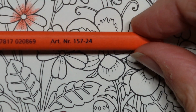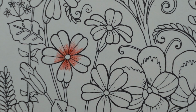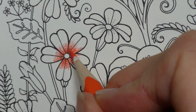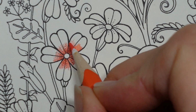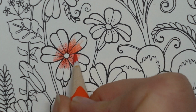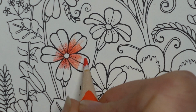So number 24 is the next orange in the box, in the tin. So I'm going to use this one next. I'm going to go over what I've done because I think it's a little bit dark for me. It's a bit red. I know I picked that colour, but I want this to look quite bright and vibrant. So I'm going to go over